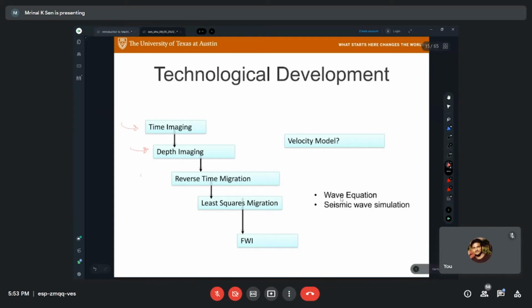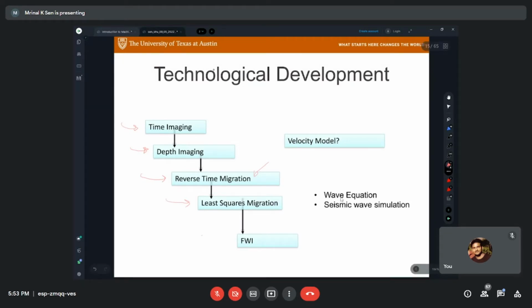Then came something called reverse time migration, which is a more complete description, which uses a more complete wave equation or more complete wave propagation models, and it gives you much better depth images. And then came least squares migration, which gives even better images. Okay. Now